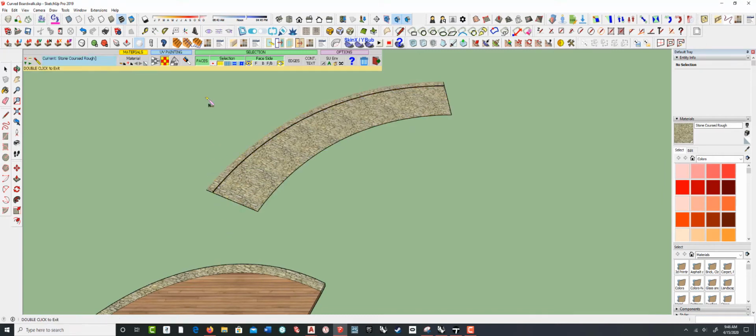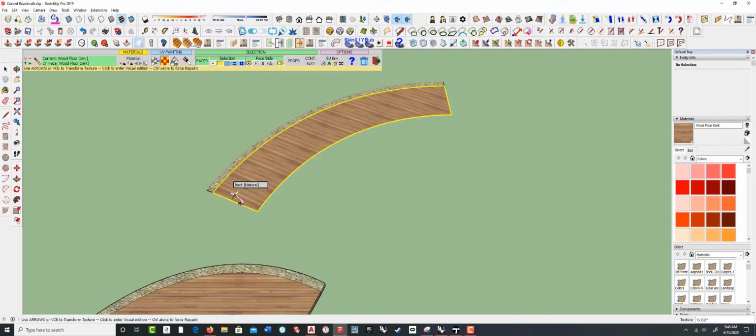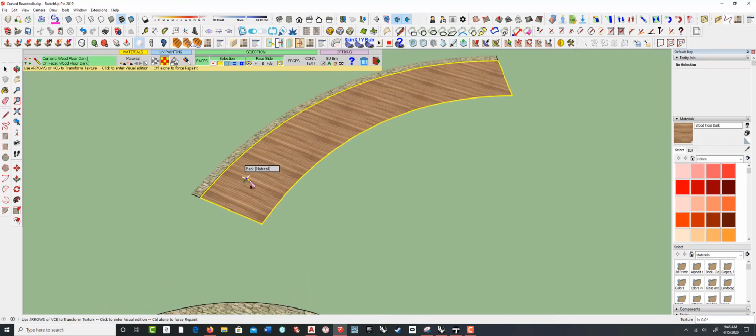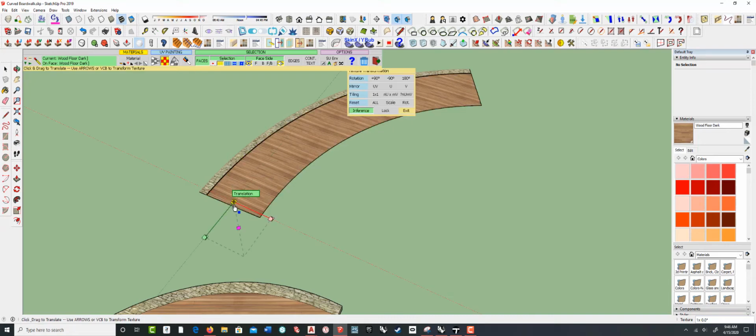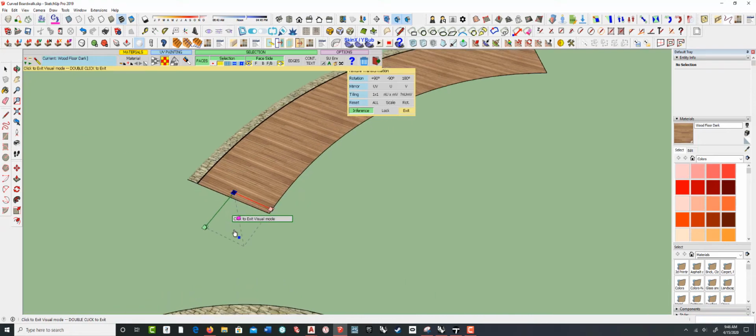and I just changed it because that was the last material I used. So what I need to do is to come down here and say sample material. So I'm going to sample this material. I'm going to paint it onto there. So you can see it scaled it a little bit, but I'm going to show you how to fix that. Once you get the material applied, I'm going to hit the right or left arrow keys, and it'll activate this